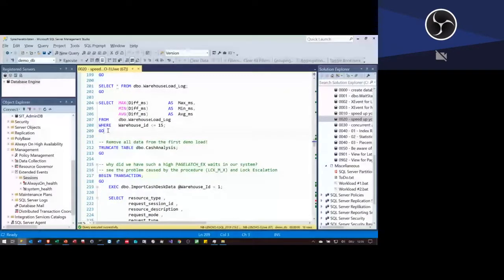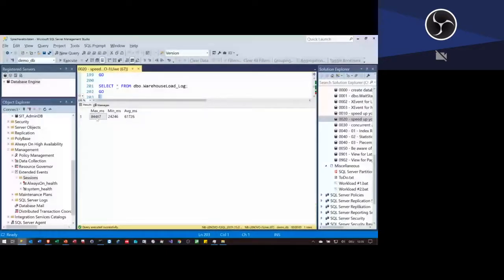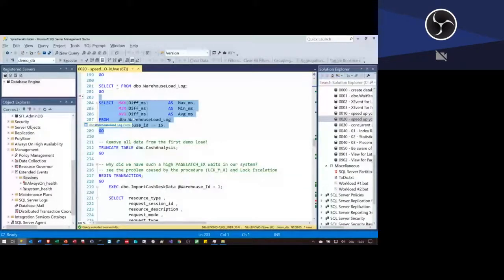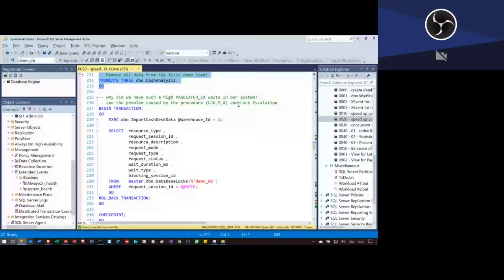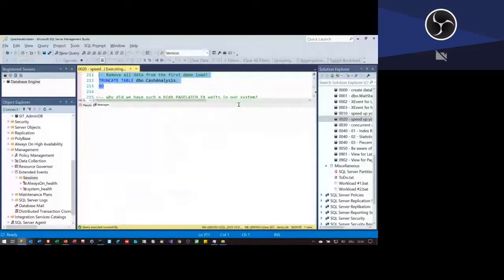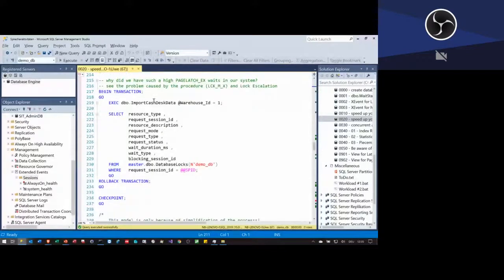So here is my difference. Let me check this one. That's the max. The min was 24 seconds. On average, we took 60 seconds for loading the data. And we go again with exactly the same process. I truncate my table cache analysis. And then